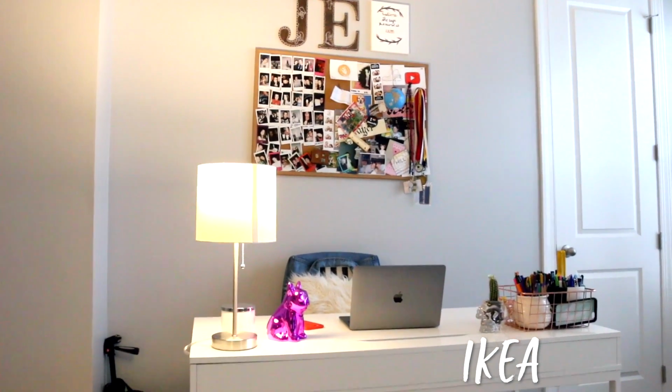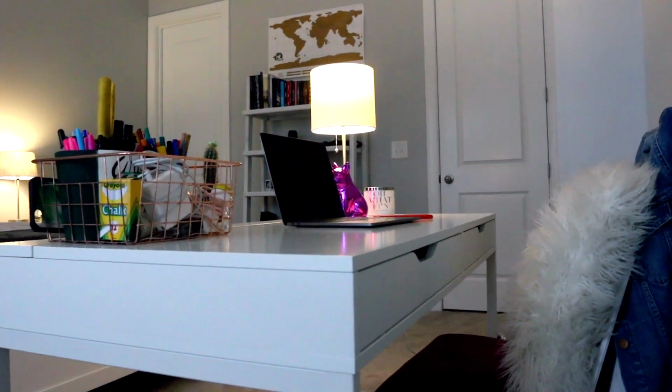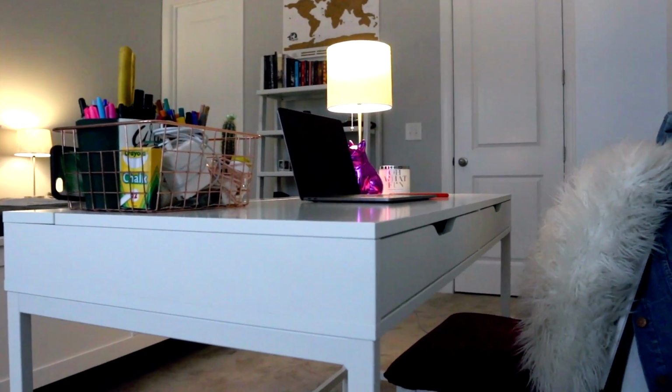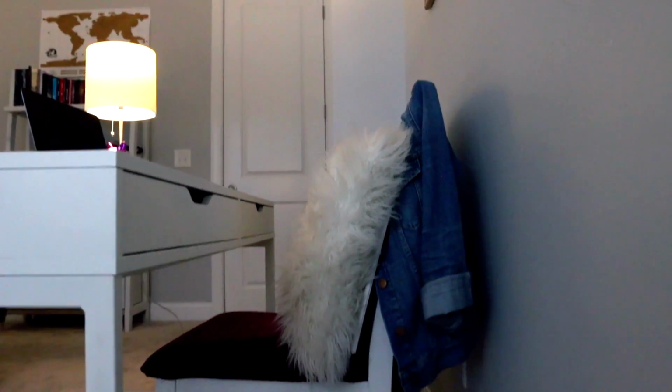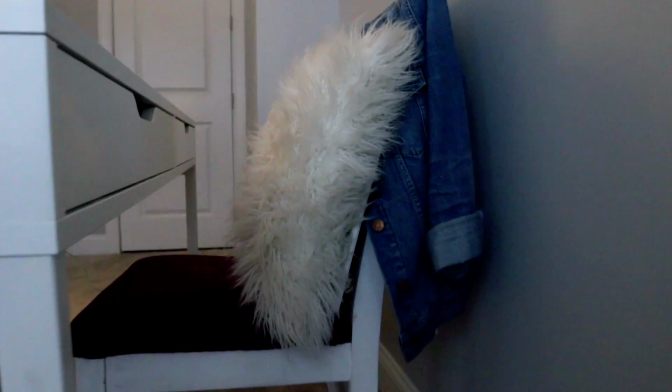This is my favorite part of my room, which is my office/desk. I absolutely love it. I will forever rave about this desk. I've had it for almost 5 years and I still am in love with it. I think it's awesome. It's a great platform, and then the drawers are amazing and easy access to cords as well. I've had this chair since I was about 10 years old, and I revamped it a few years ago and painted it white, and also put a velvet seat cover on, which was so cute,